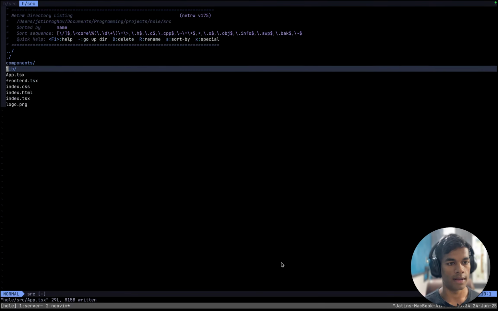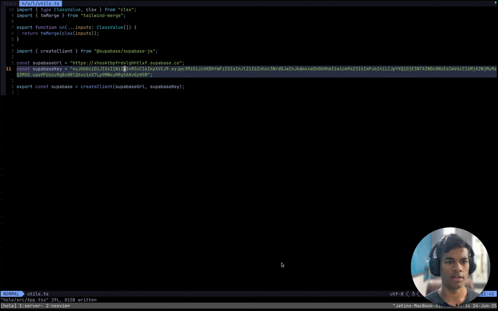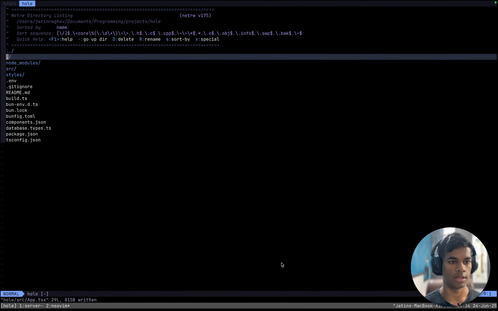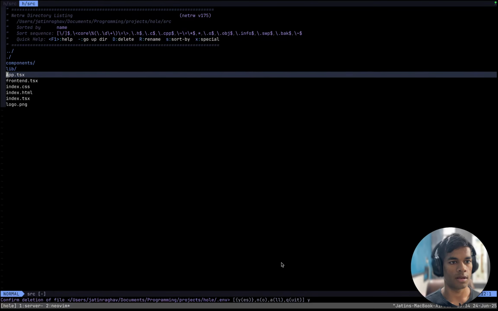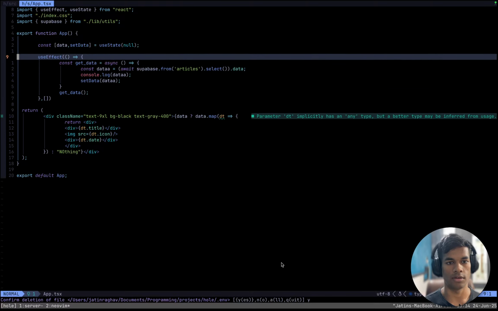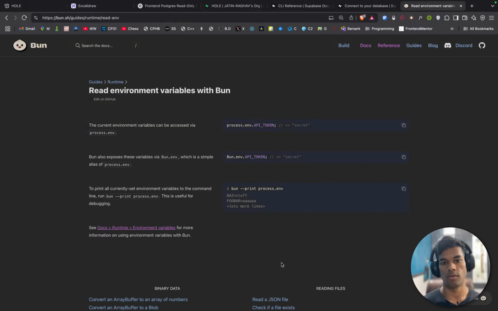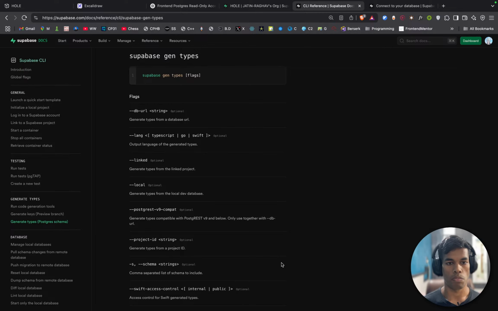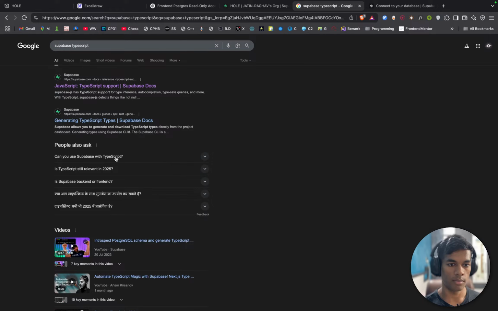And what else? How am I getting the data? I'm using these things directly here. That is fine. Does not matter. Read this thing. App.tsx. Here I'm just getting the article. Okay, now what I want is automatic types for this thing. Yes, TypeScript support. So always TypeScript support. Yes, that is what I want now.